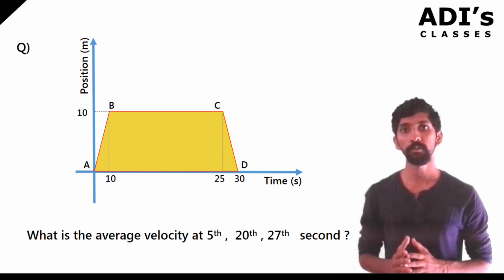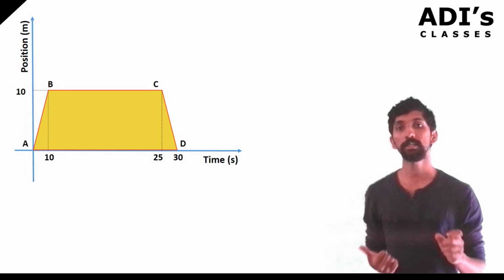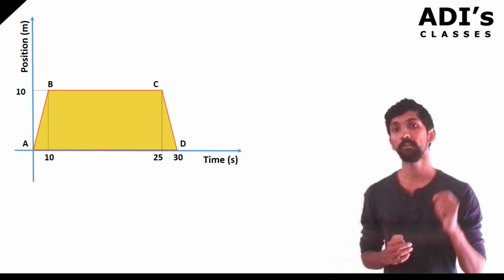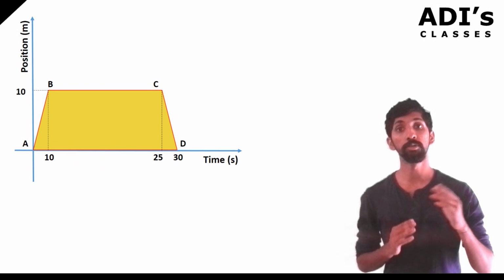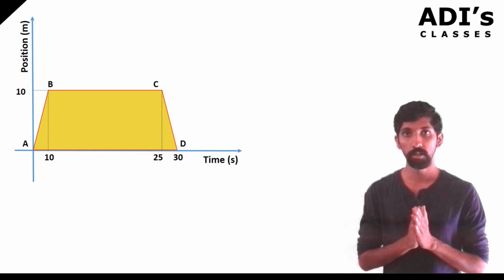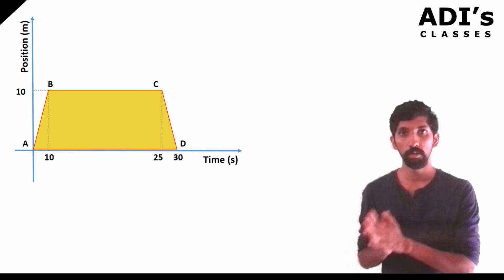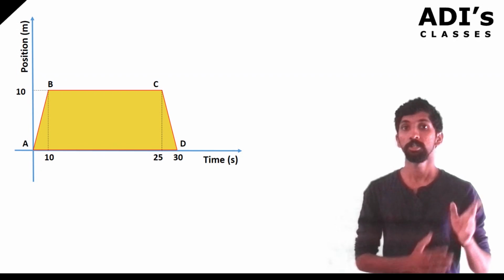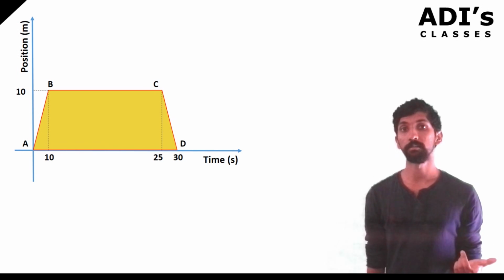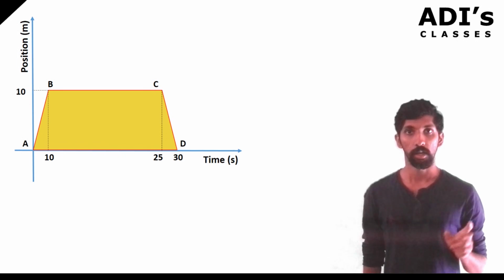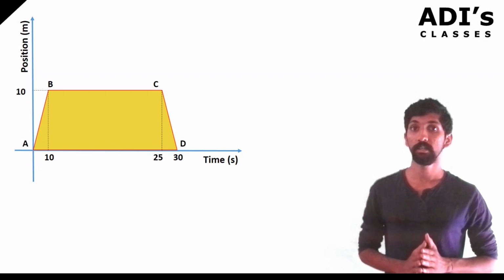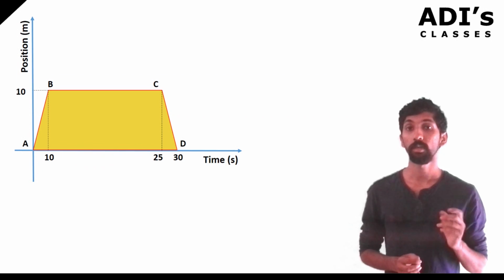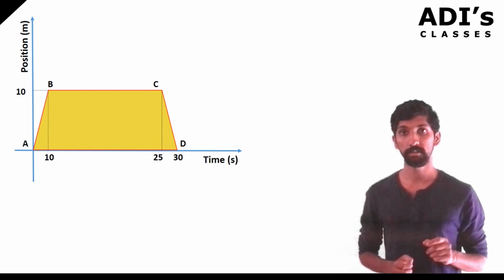Now if you look at the graph, from 0 to 10, what is happening? Time is increasing, and the position is also changing, and this is changing in a uniform way. Velocity was the change in displacement over time. In this case, at 10th second, what is the position? The position is 10,